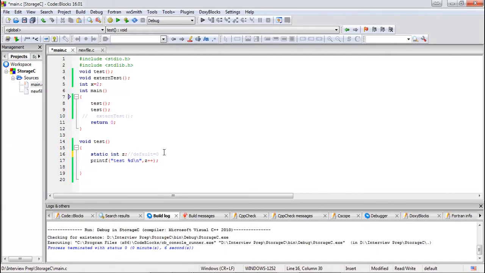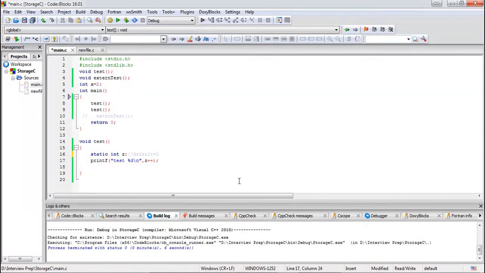Whenever you are creating a variable in the global scope, its memory is created only once. Even if you use an extern keyword in another file, its memory won't be created again. Or even if you re-declare it again, its memory won't be created again, right? Its memory is created only once. We have also seen this by printing its address. Same way,